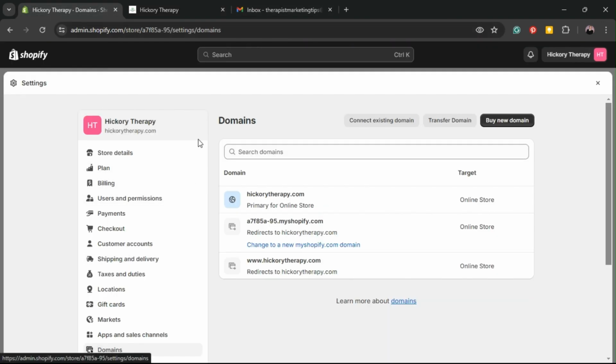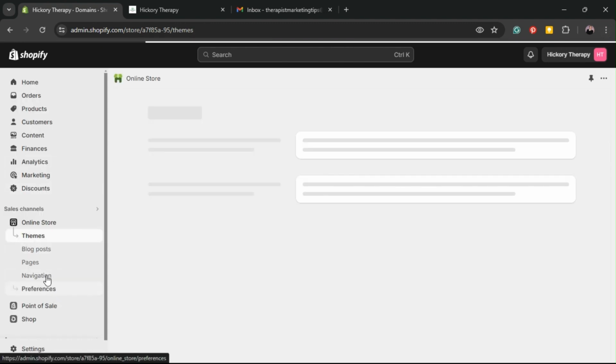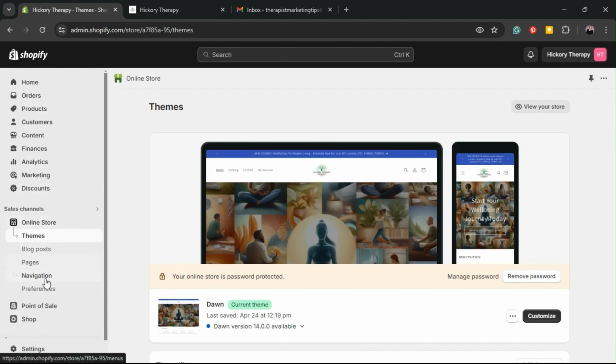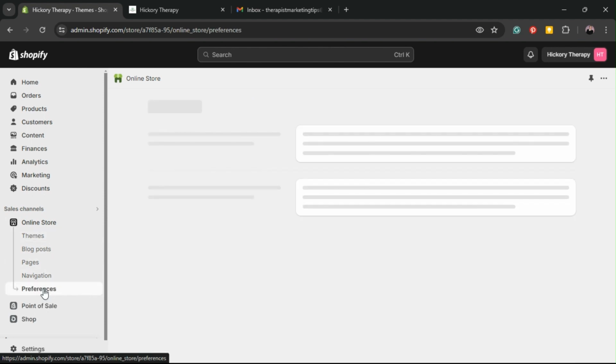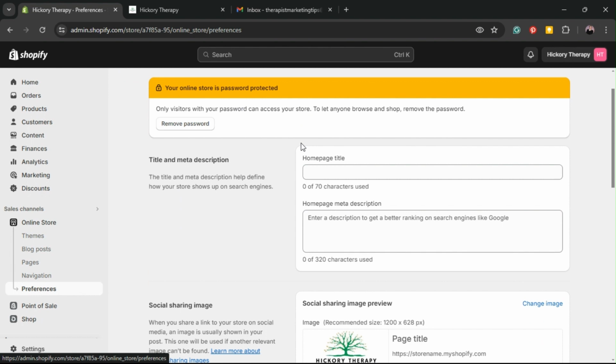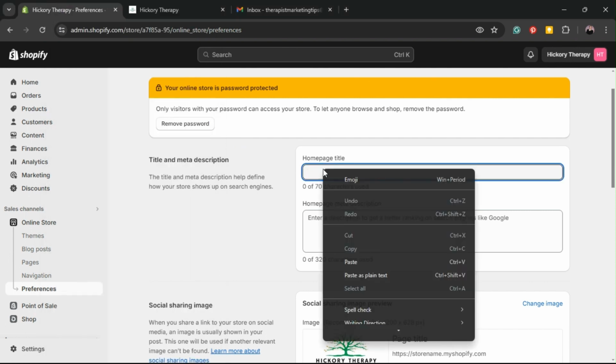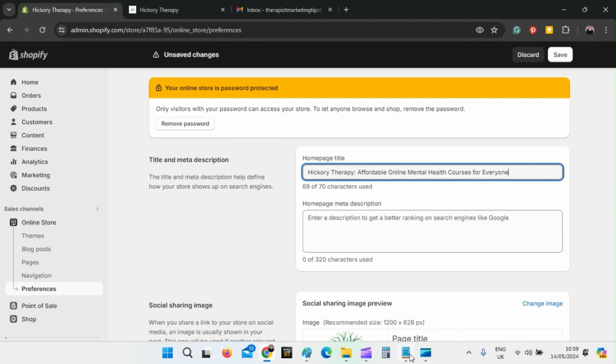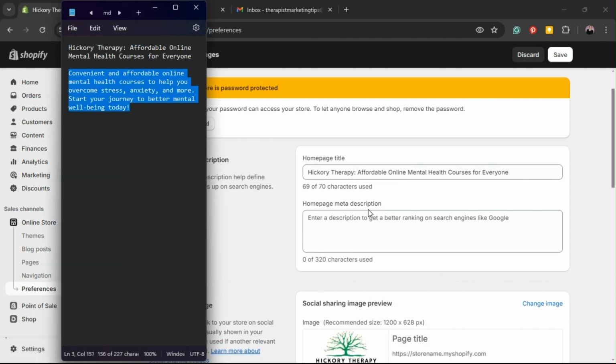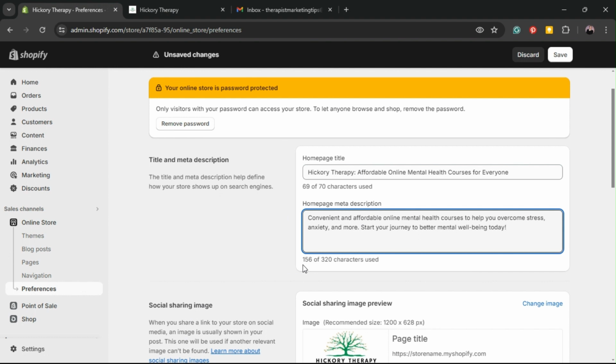So we're going to go back to our main page, and we are going to get rid of the settings. And here under sales channels, online store, we're going to click preferences. Now you'll see that one detail that we haven't taken care of yet is the title and meta description. So I've just quickly prepared one whilst I was waiting for the domain name to propagate. So we'll paste that into place. And you'll see again, I mentioned in another video, meta description should be under 160 characters, and I've used 156 there. So we're going to click save,